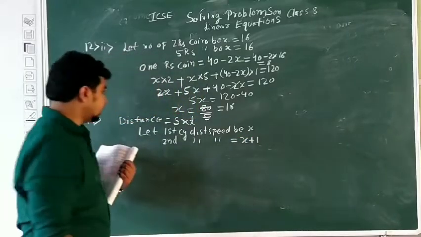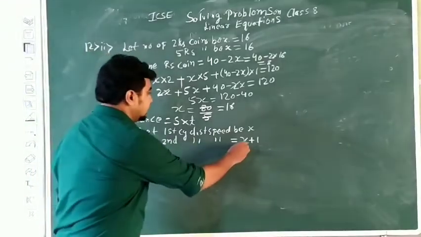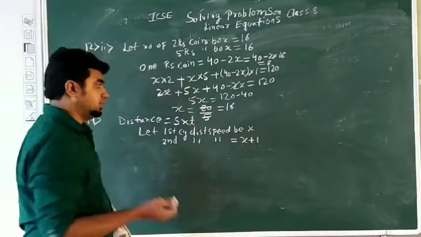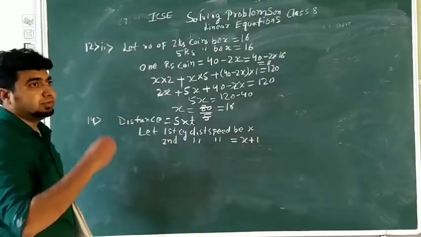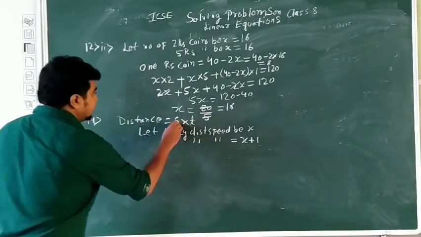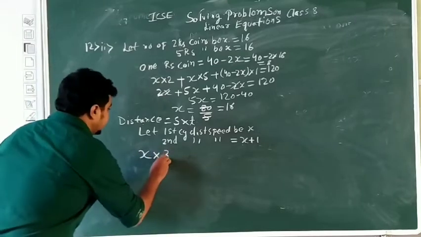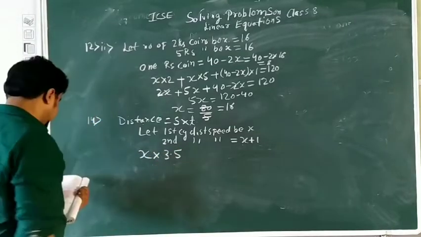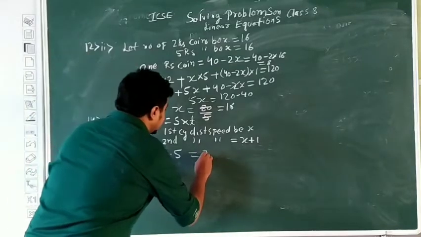How much time is the first cyclist taking? If the speed is more in the second case, the time will be less. The first cyclist is taking 3.5 hours. As I told, same trip means same distance, and the distance formula is speed into time. So x into 3.5 is the speed and time of the first cyclist,